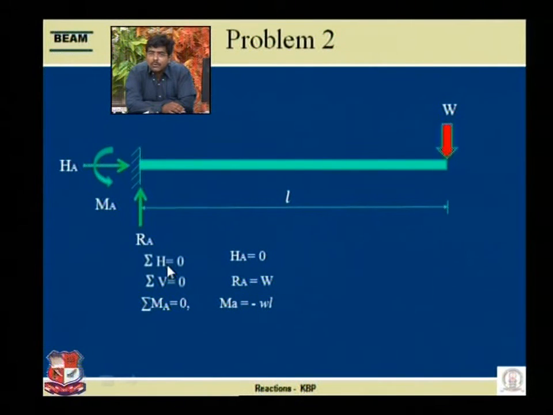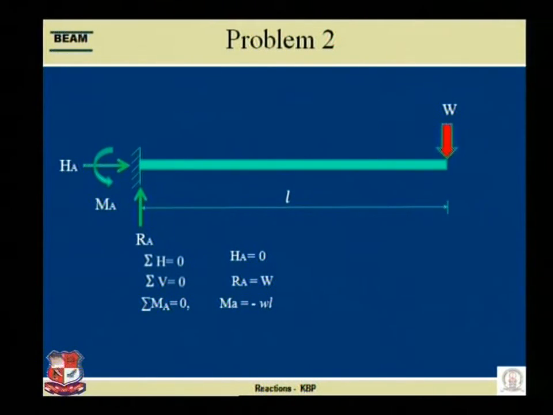Sigma V is equal to 0. Yes, upward RA is acting, downward W is acting, RA is equal to W because there is no other force acting, and sigma MA is equal to 0. So MA I have assumed as anti-clockwise. So if I draw the figure over here for your understanding,